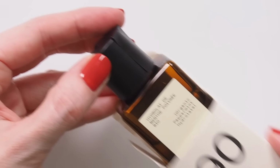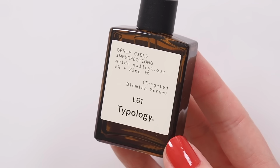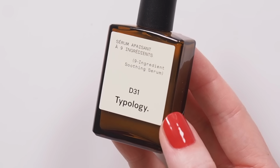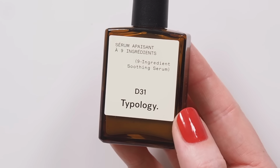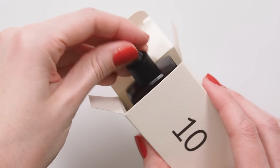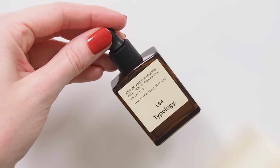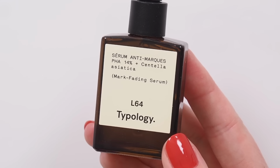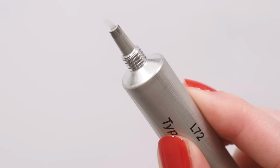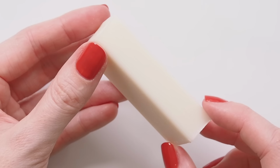organic peppermint hydrolate applied like a toner to cleanse and tighten pores, targeted blemish serum if a matching chocolate advent calendar has made your skin panic, 9-ingredient soothing serum to help reduce redness and soothe, as the name suggests, radiance serum to get you glowing with 11% vitamin C, restorative hair serum, that's a new launch to hydrate and tame frizz, mark fading serum, reducing the appearance of shallow scarring after spots have healed, repairing lip mask, my new favourite discovery in the calendar, instantly smooths and softens dry lips,